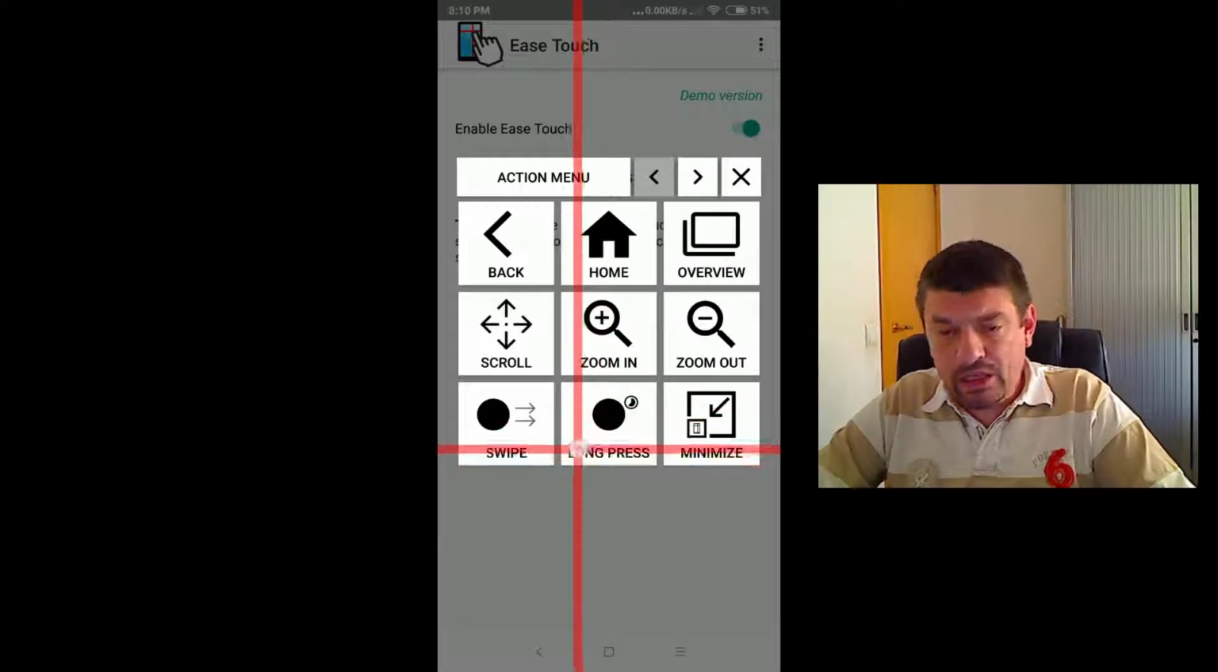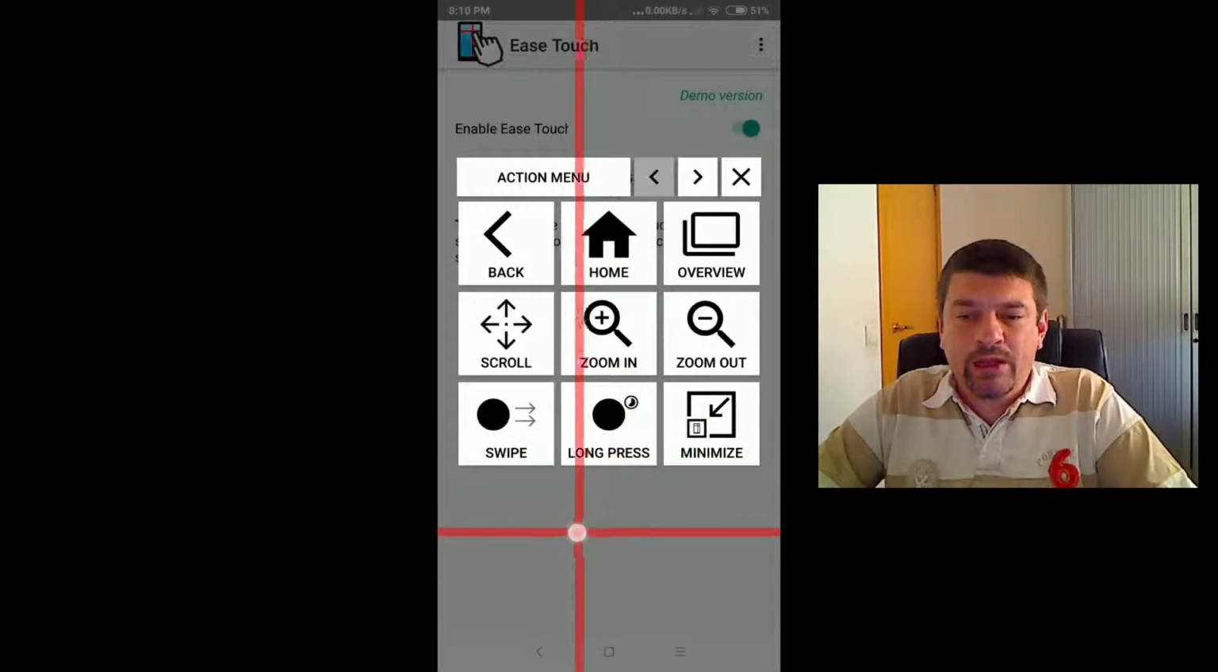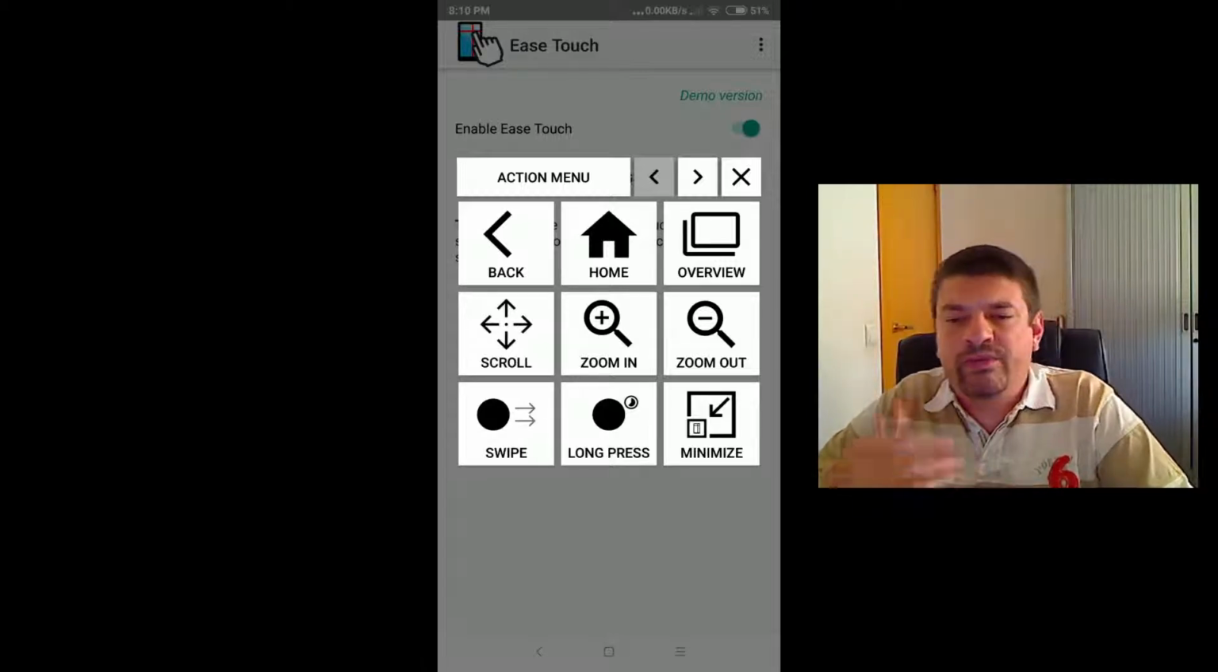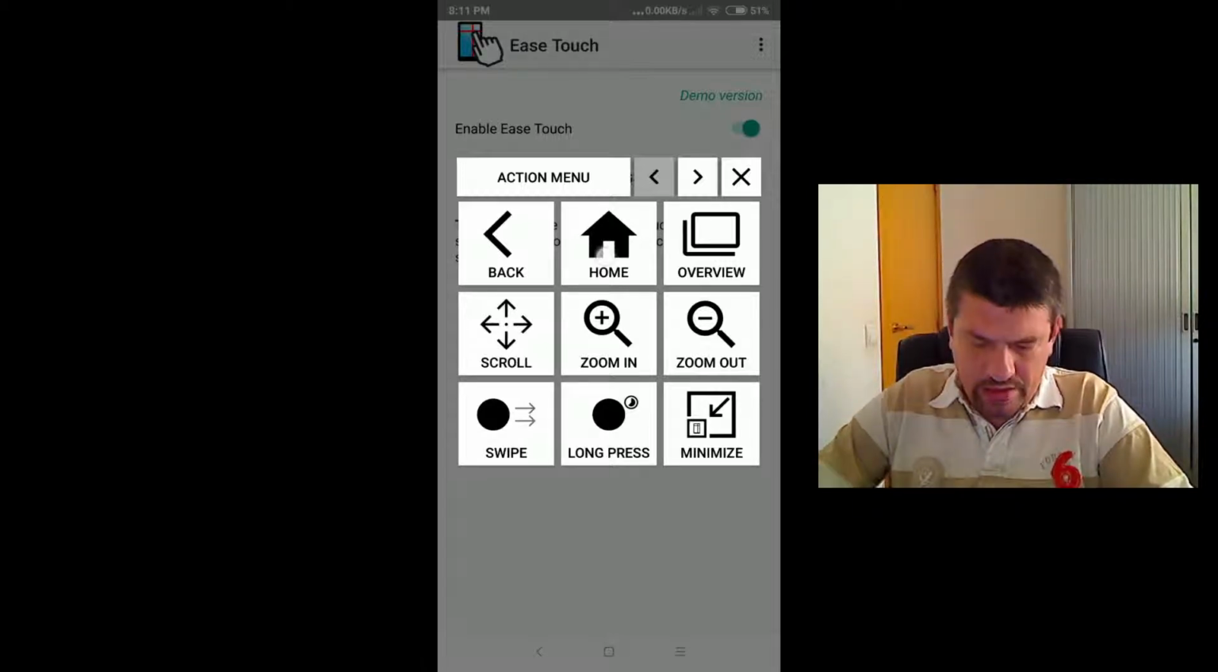The next is the long press. Long press enters in the long press mode, and in this mode, when you click, you perform a long press gesture. Long press gestures are used to reveal additional modes and features. For instance, when you perform a long press on the background of the home screen, you can set up the wallpaper. Let's go to the home